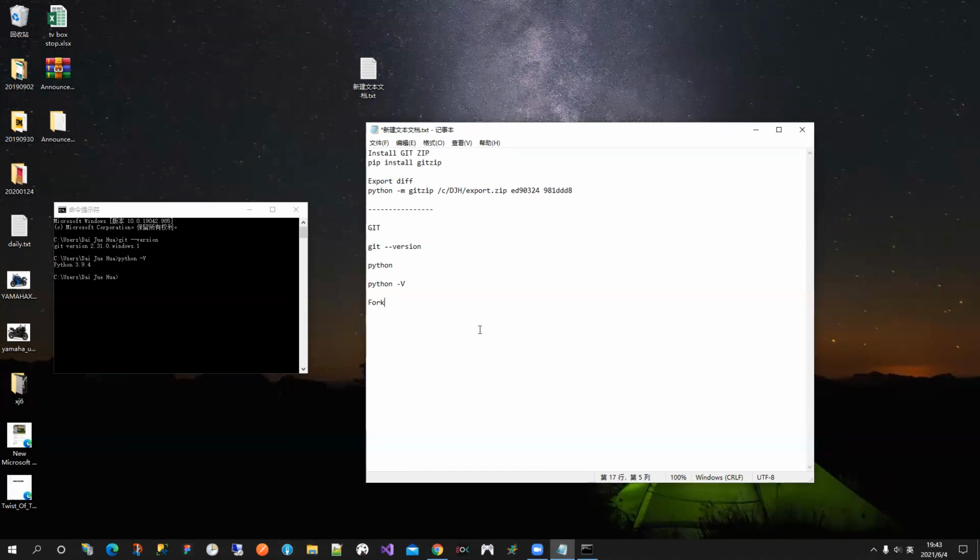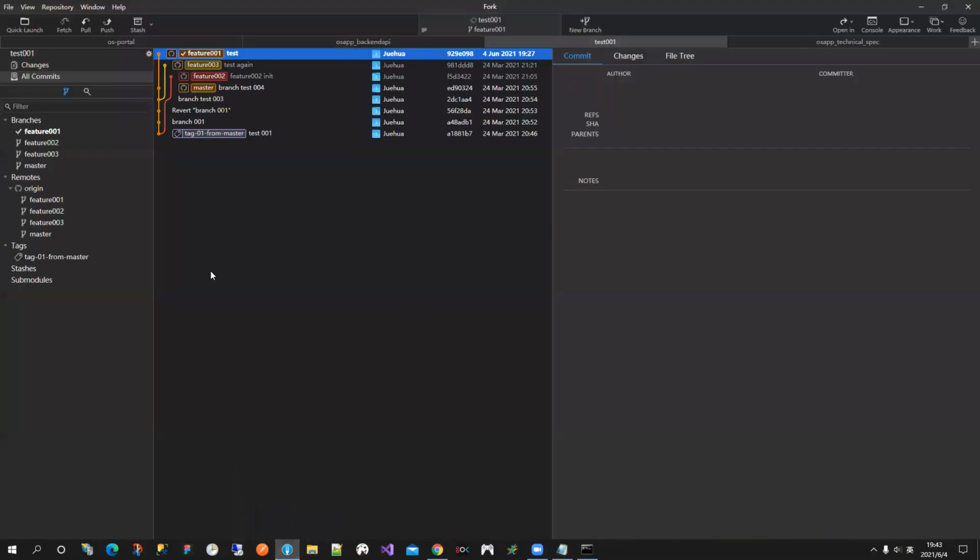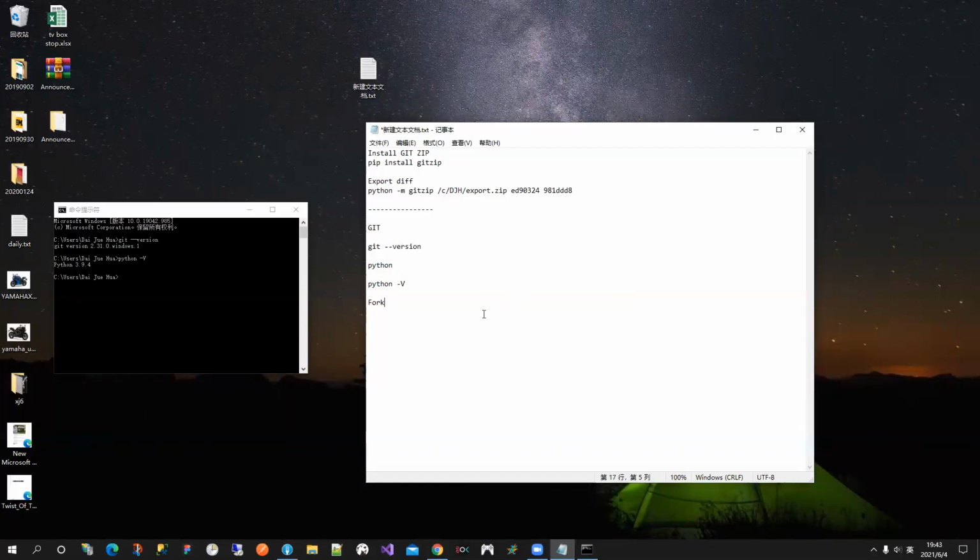So for example, I click the Git tool, it will open like this. This is the Git tool. We just need to install Fork and import the Git repository into Fork. This one you need to do by yourself. And after that, we are talking about how to use Python to export the Git difference to any folder